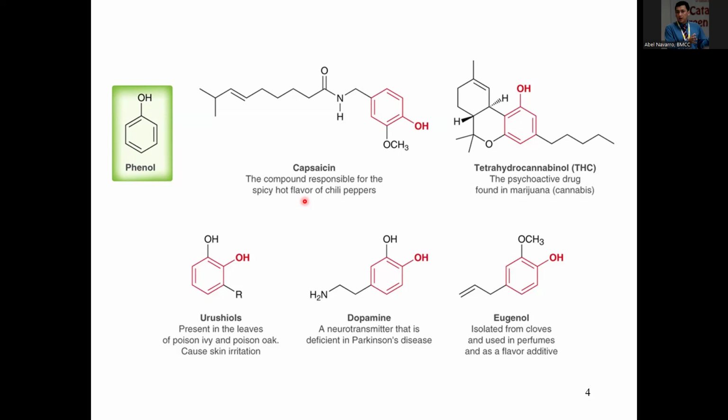Okay, so some researchers have been trying to explain how the response of your body works. Well, capsaicin has been known for centuries to be responsible for that spicy, hot flavor of specific peppers. So you have other drugs, eugenol, from cloves. It has an OH. They all have pharmaceutical, biological responses. Okay, so phenols seem to be a really good functional group that is appropriate